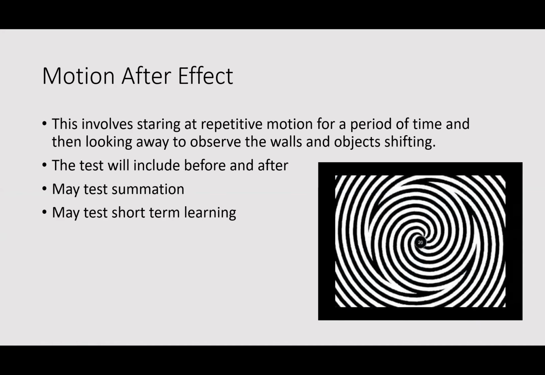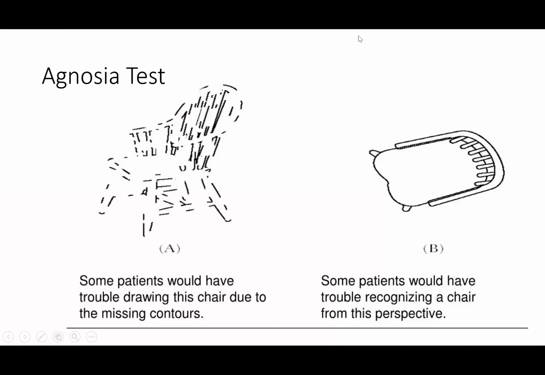It seems like there's not very much research on illusions, especially nowadays. I think a lot of people don't focus on perception or basic research on perception because it seems like some arbitrary, randomly interesting topic, but it might actually be a useful and simple tool for future research. Okay, so here's an agnosia test I found online.